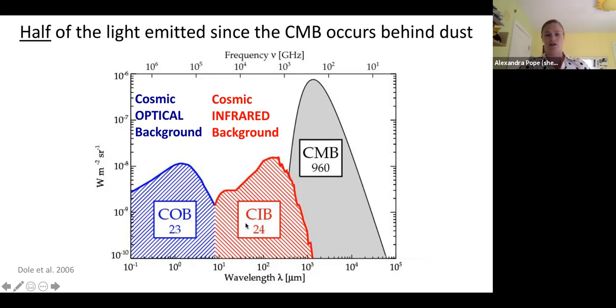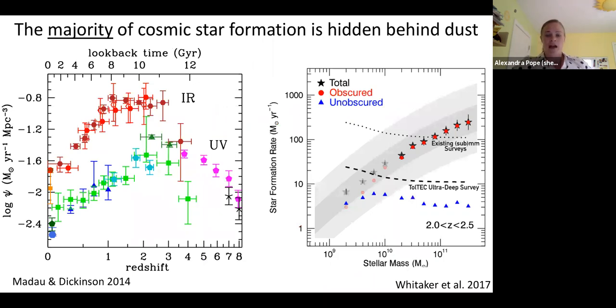integrated values here. And so what this tells us is that half the light that is emitted from planet formation, star formation, galaxy evolution gets caught up in the gas and dust in the interstellar medium and re-radiated at these longer infrared wavelengths. And so it's really important to probe these obscured phases. And half of the light may be caught up in the dust, but even more than half is caught up from star formation specifically. And that's because stars are formed in these dusty cocoons of gas and dust.